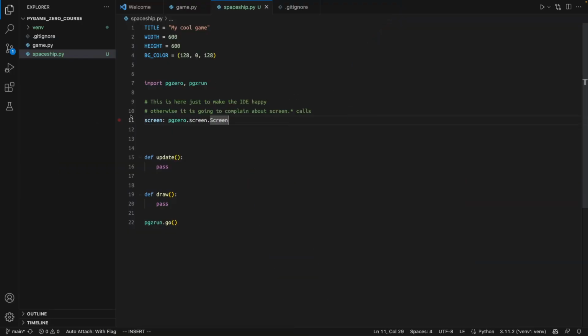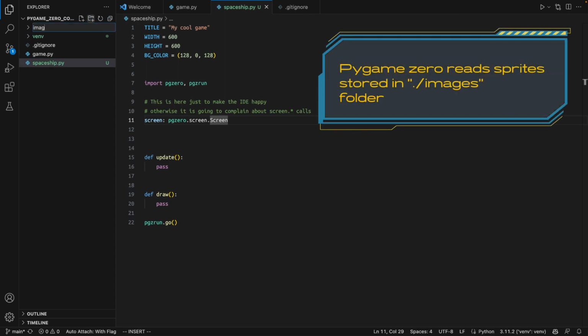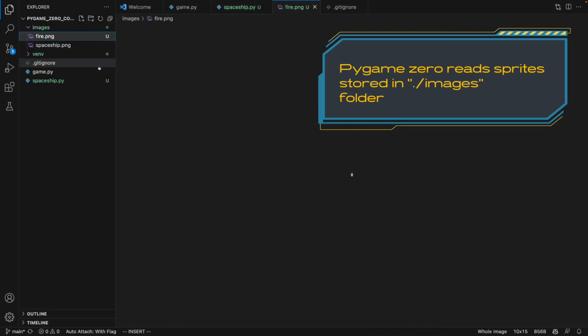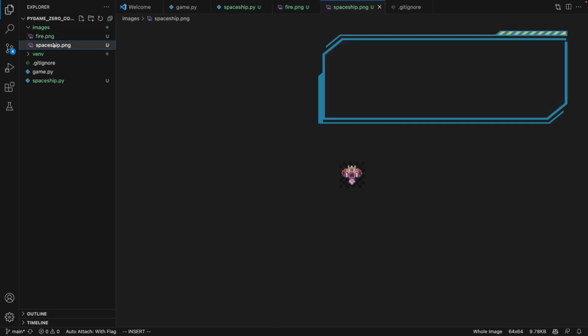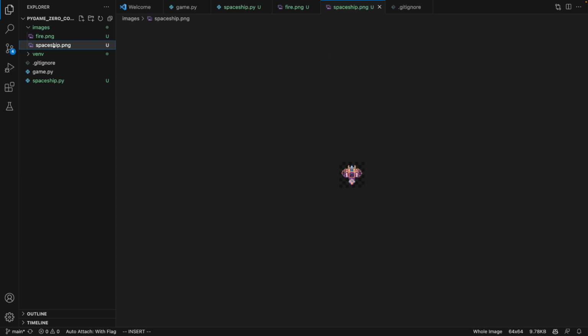Now, to make our sprites available for Pygame Zero, we need to create an images folder here and put our sprites here as well. Let me just copy them. And I have copied two sprites here, one that we will use for fire at some point and another one that we're going to use for the spaceship. An important thing is that this sprite has to have a transparent background,